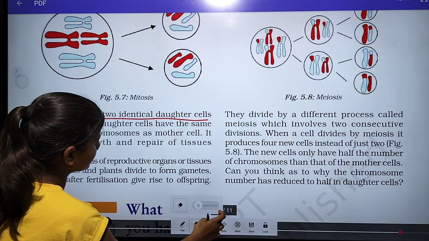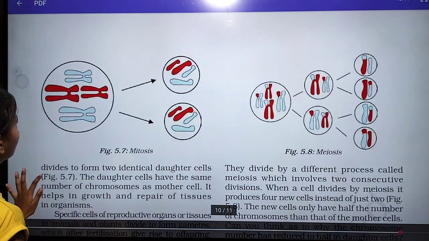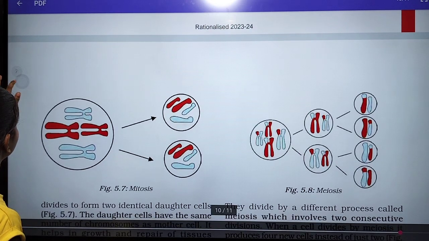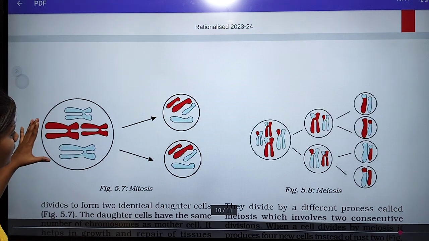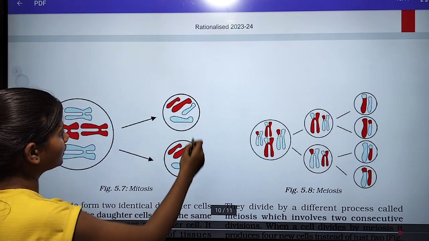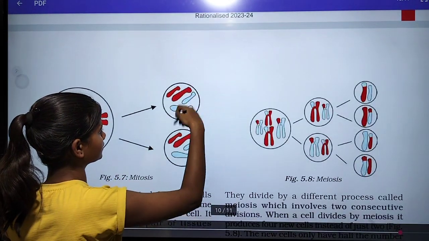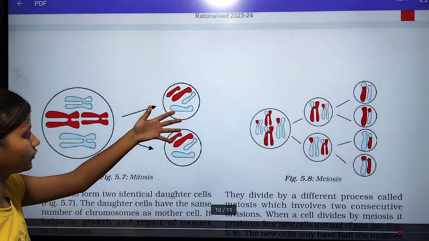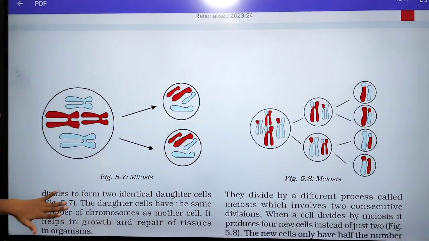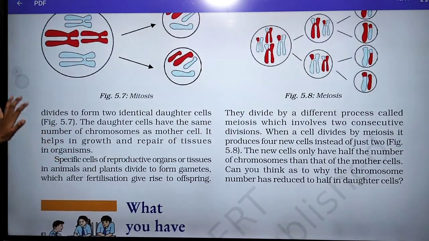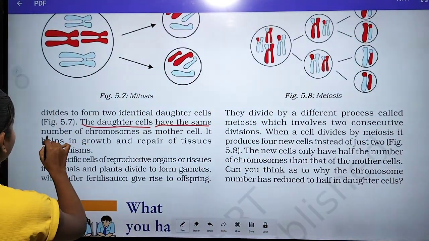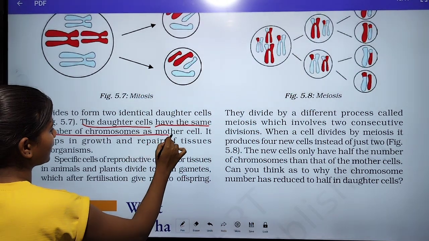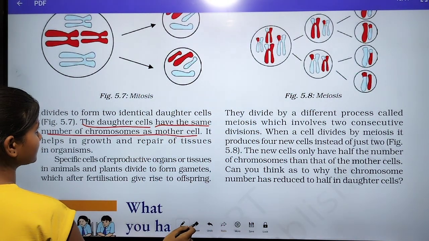You can see in the figure, this one is the mother cell, and it divides to form two daughter cells. This new cell is known as a daughter cell, and this one is the mother cell. The daughter cells have the same number of chromosomes as the mother cell. It means